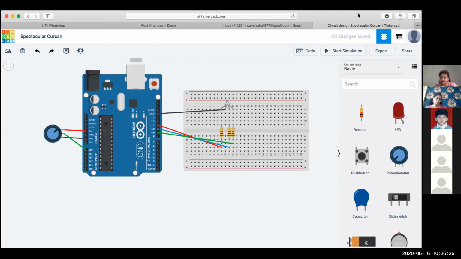Yes, ma'am. Okay, so then a single A0 pin won't suffice. We might need to use 3 different analog pins, A0, A1 and A2, which will be connected to the wipers of the 3 potentiometers. But remember, for all the potentiometers, the voltage supply, that is 5 volt and ground, need to be common.